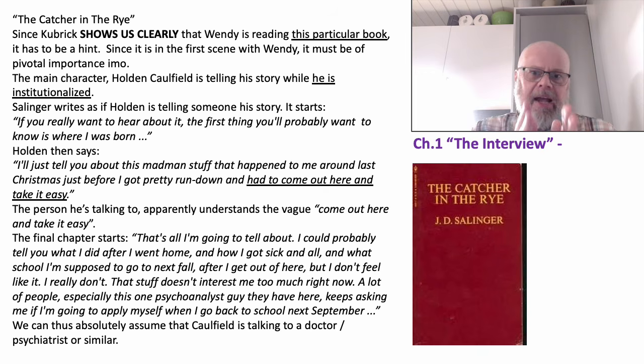But it's the same kind of principle structure as The Catcher in the Rye is using. Okay, the person he's talking to apparently understands the vague "come out here and take it easy." The final chapter starts,